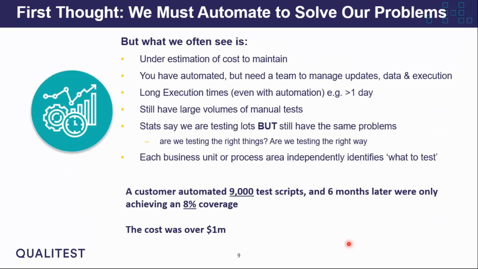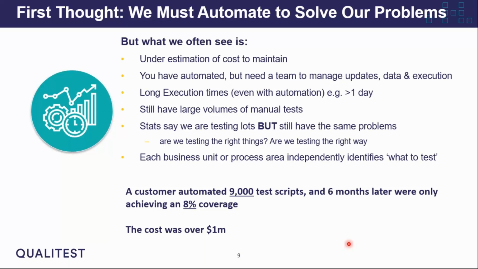So following on from that thinking, people trying to speed up are saying, right, how do we do this? And people have talked about automation for years and years, but it's always the first thought. We must automate. But there's a number of challenges with that, Kenny. Yeah, and this is where I see it, and I get involved typically with customers when we engage and we look at what they're doing, and they've had these challenges that we've gone through, and okay, we want to automate first, and we try and automate.